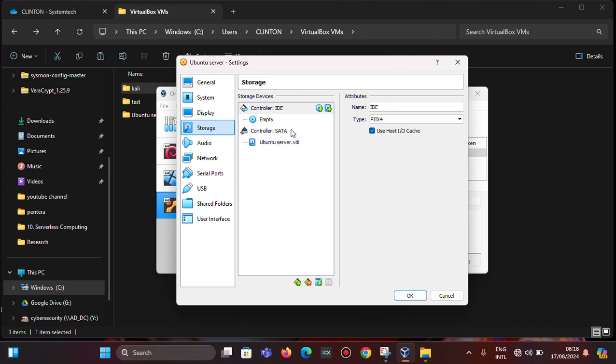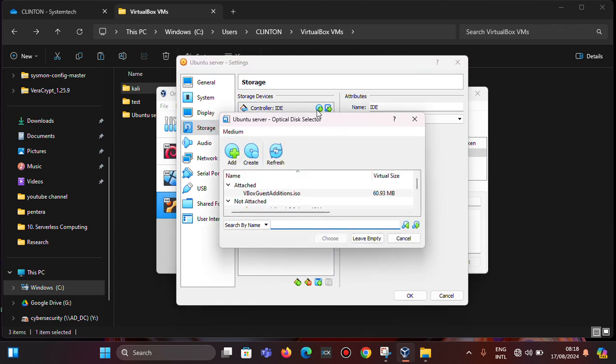As you can see here, this is the virtual disk image that we created earlier. Now I want to add the image. So we say add optical drive. What we're using is add optical drive. So here we said add optical drive. So we need to choose the